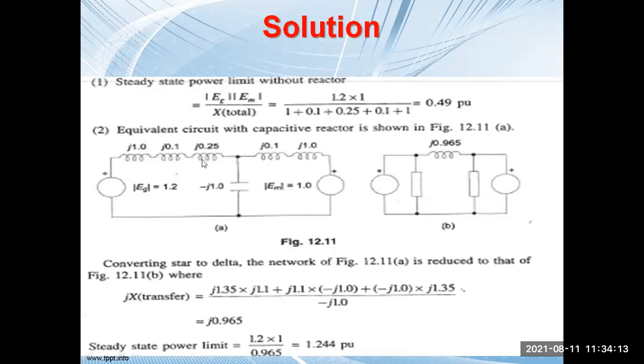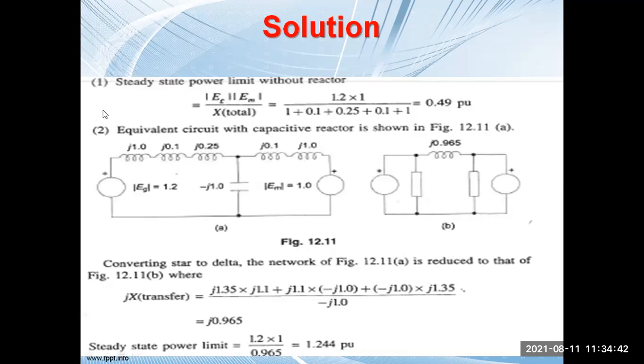Now this is basically your star connection. This is a star connection. Okay. Now we need to form a delta. So we'll apply star delta conversion. Star delta conversion means one reactance will come here, another reactance will come between this, and another reactance will come here. Yes or no? Please understand.